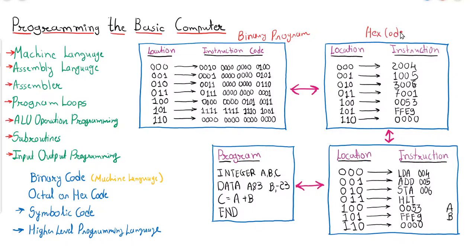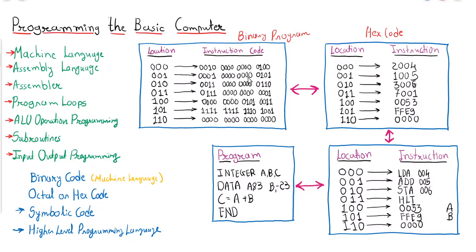Okay, so this is the hexadecimal code. Now this group of 4 bits will be converted into hexadecimal digits, and then it will be represented. So 0010 represents 2, then all 0s represent 0, all 0s represent 0, and 0100 represents 4. Similarly, 0001 represents 1, then these two are 0, and 0101 is 5. Okay, so this is how it will be stored.